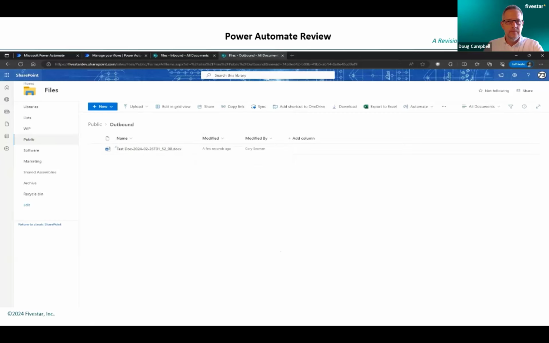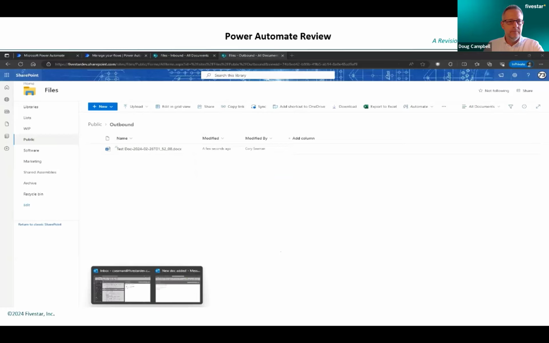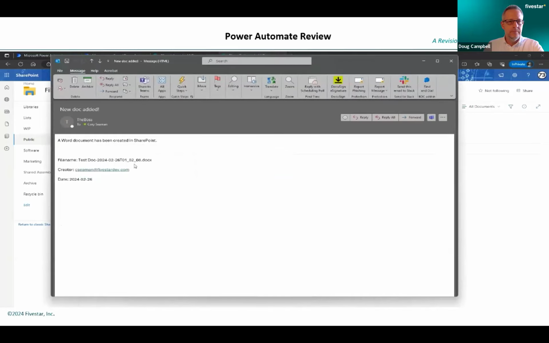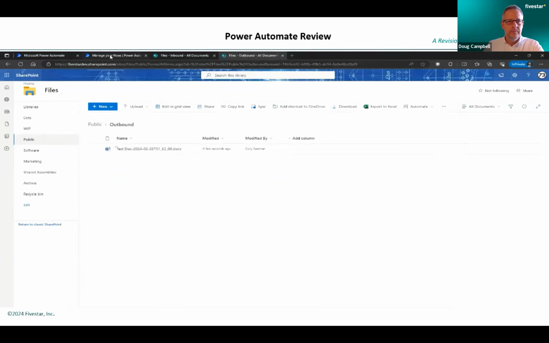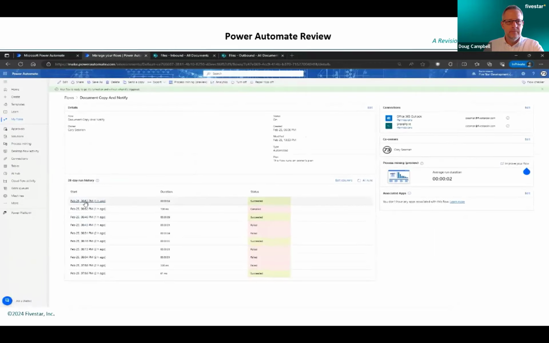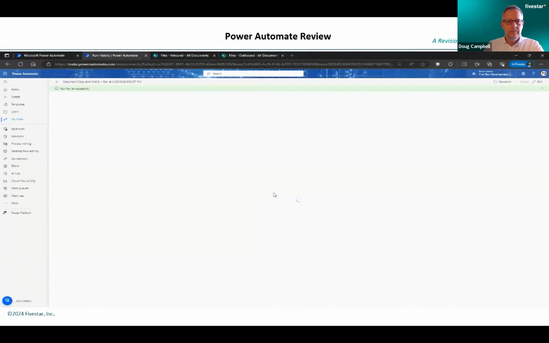And I get an email. So the email dynamically is sent. It includes the file information, the creator, and the date for that. So the flow worked. And if we want to go back and look at that just real quick, we can